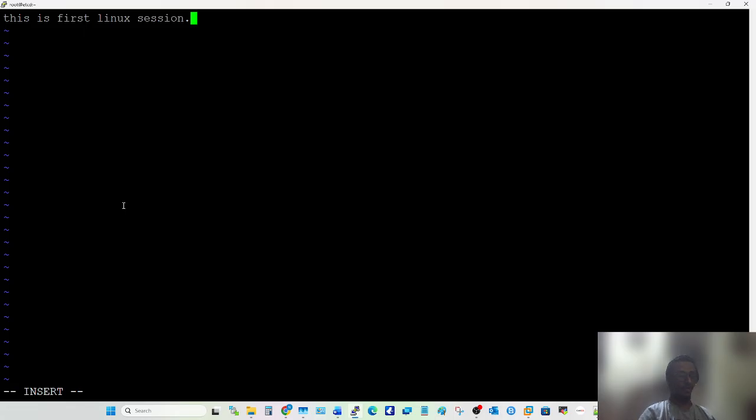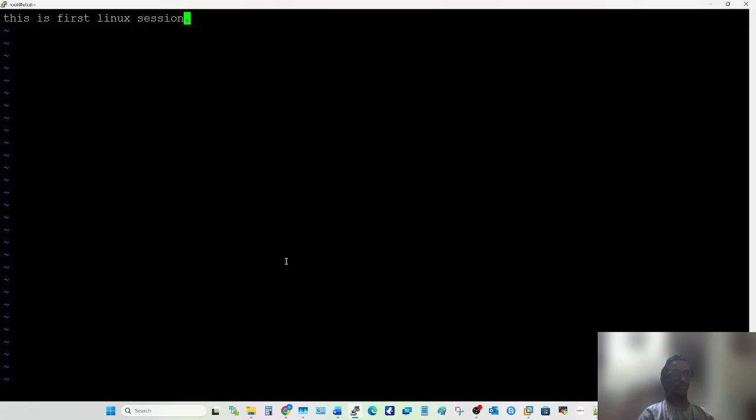Now I want to go out of this file and save the file. To go out of insert mode, I need to press the escape button on the keyboard. See, I pressed escape and insert mode is gone.